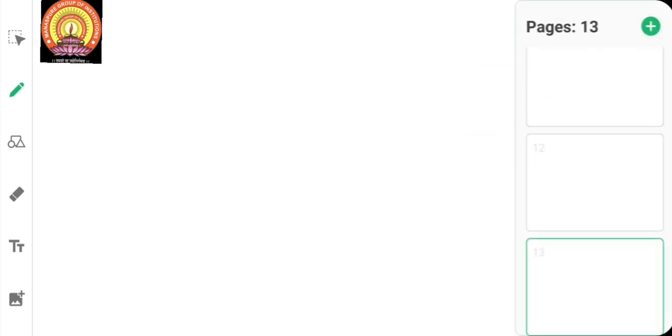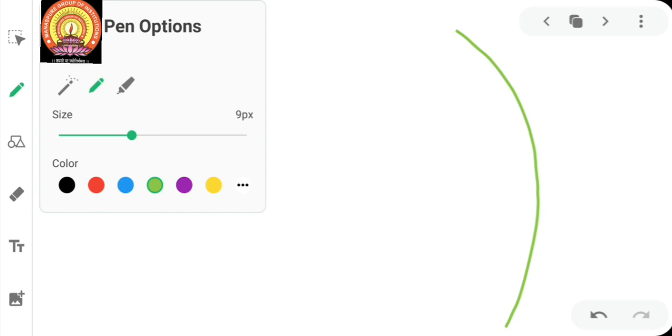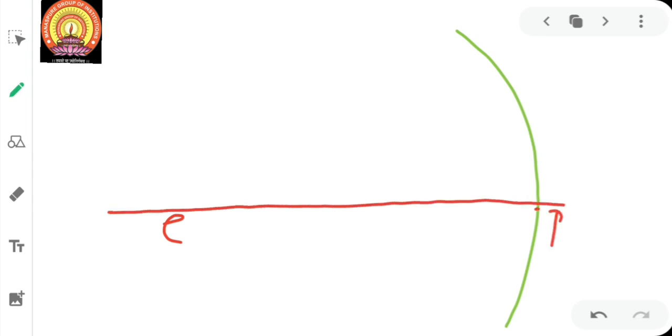Okay, so now just the same thing, now let us consider here somewhere is a concave mirror itself. So suppose that this is the center and this is the pole, the line joining the center and the pole itself. Here somewhere it is the focus and the object is between the focus and the center of curvature, so let us consider it as the object AB.